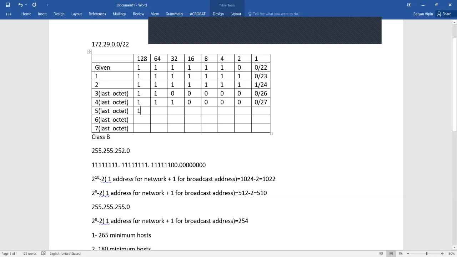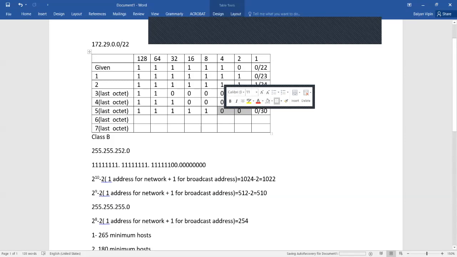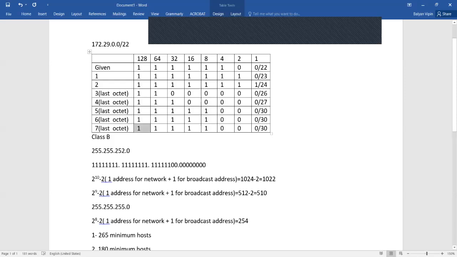The bits will be 1, 1, 1, 1, and you need to do this one also. So we are using /30, and those 2 bits are used for hosts. In a similar way, for these last 2 networks, the answer is the same.